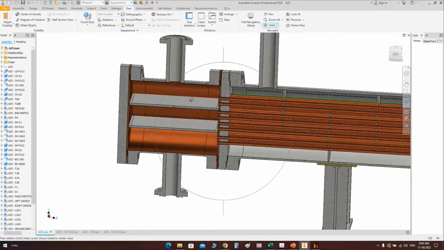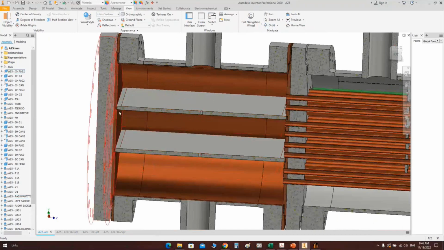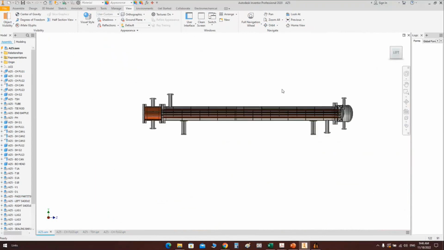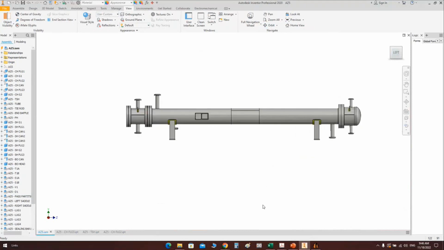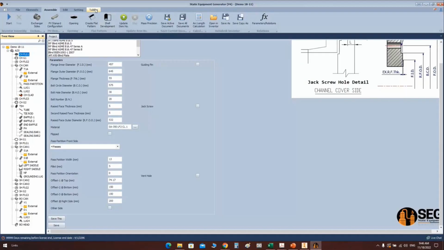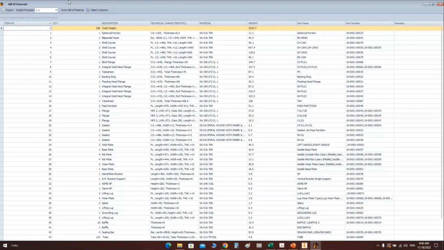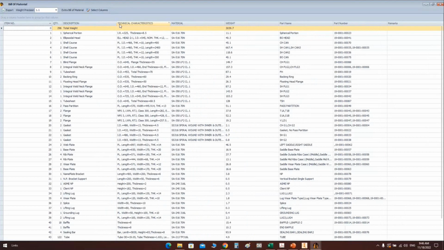By the same way, if you would like to make a clad on the channel or sorry, for the pass partitions, you can make that by the same way. Here we have the model of the heat exchanger. Now let's check some points before proceeding with the drawing generation. Here for the bill of material, for example, if we open the bill of material table,